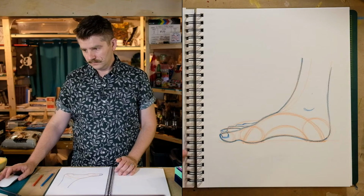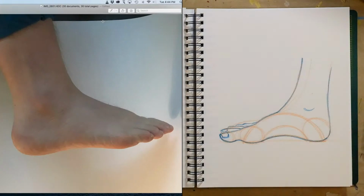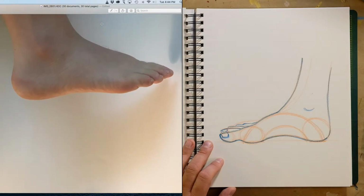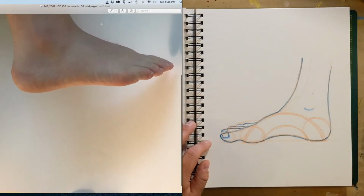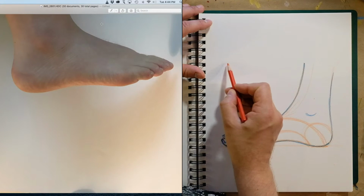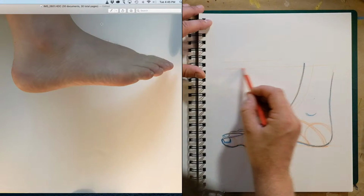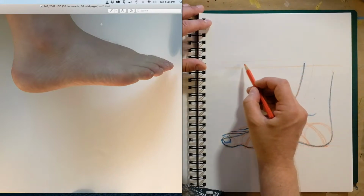So, let's see, I'm going to bring this one down here. Okay, so here's another foot from another angle. Maybe I'll move this up higher so that I can fit it right up here and you can see. Okay, so let's do the same thing. We want to find that cantaloupe. And before that, let's just draw. Maybe I'll put this down a little bit lower, like right here. Okay. So